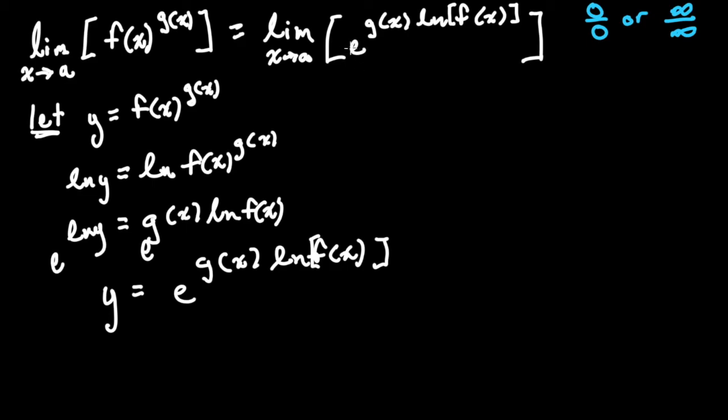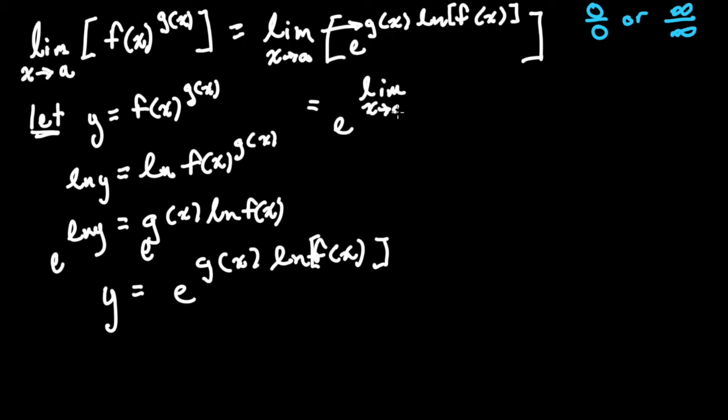Because when you think about it, this limit is saying as x approaches a value a. And so all that's changing according to this limit is the x value as it's approaching a. So we don't actually need to include that in front of the e. The e is a constant, so we can just move the limit into the exponent, and so we can write that these two limit statements are also equal to e to the limit